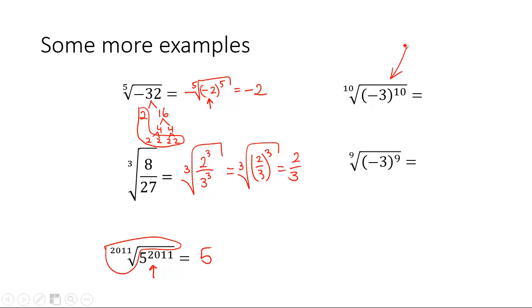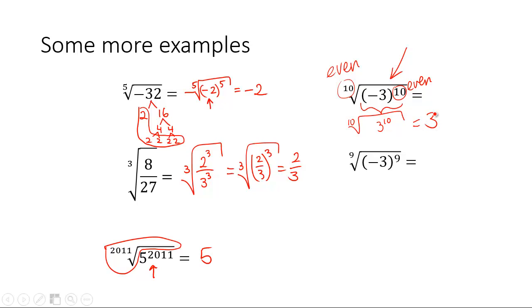Now let's take a look at this example. We've got an even power here and an even power here. Because this outside power is an even power, we can't have a negative inside. And we actually don't, because when we evaluate this, we get the 10th root of negative 3 to the power of 10, which is whatever 3 to the power of 10 is, because if you multiply a negative by itself 10 times, you get a positive. And so to answer what to the power of 10 is 3 to the power of 10,